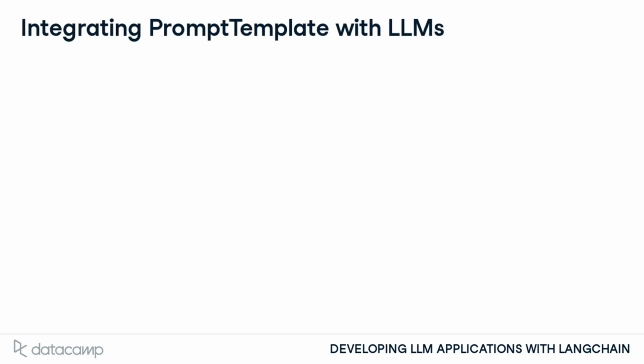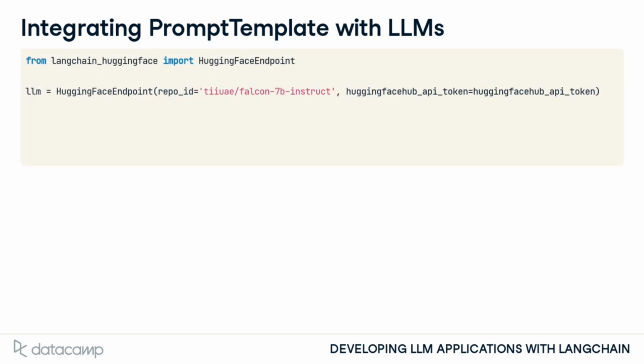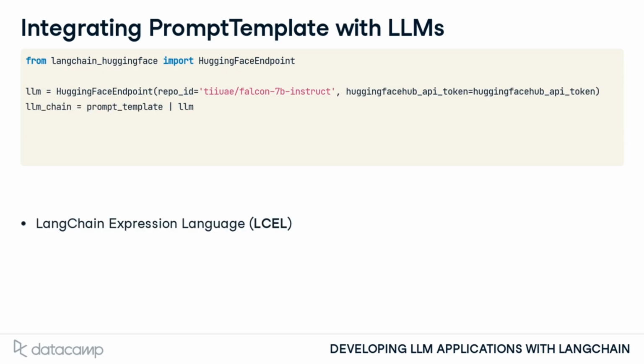We start by choosing a question answering LLM from Hugging Face. To integrate the prompt template and model, we use LangChain Expression Language, or LCEL. Using a pipe creates a chain, which, in LangChain, are used to connect a series of calls to different components